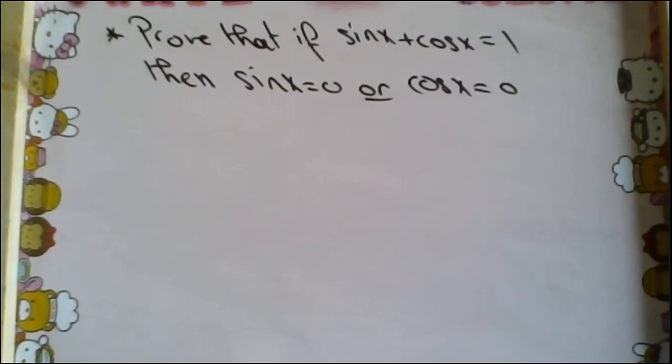Okay. I squared both sides. I wrote sin x plus cosine x equal 1, this is what is required, and I squared both sides. Good. So now I have the identity sin squared x plus 2 sin